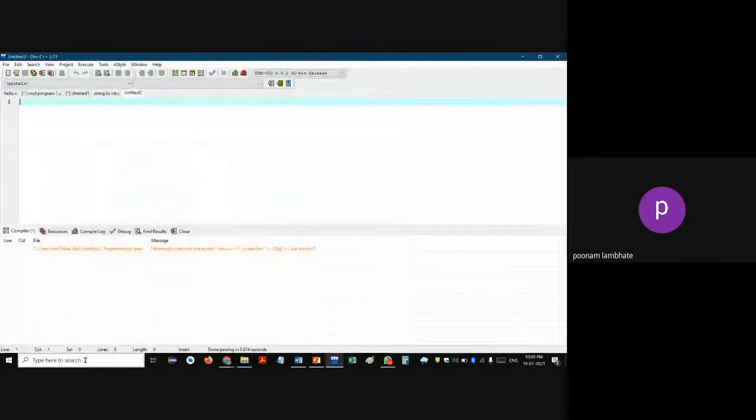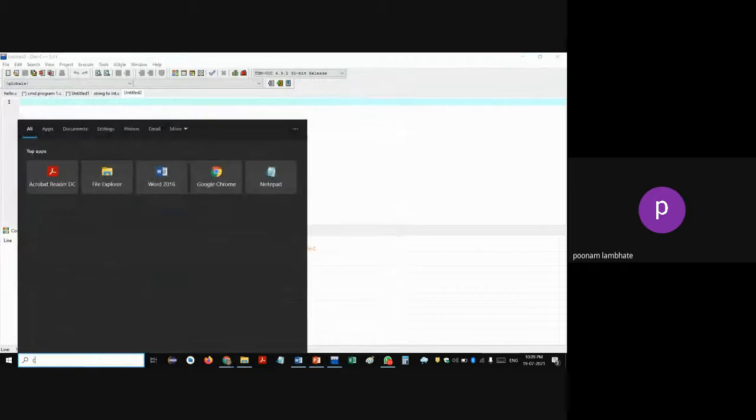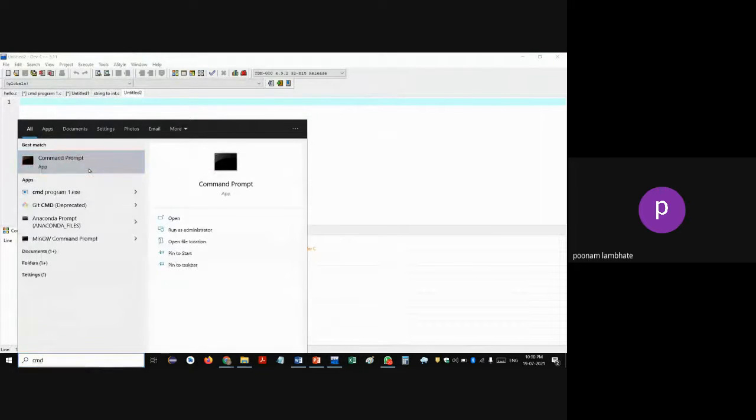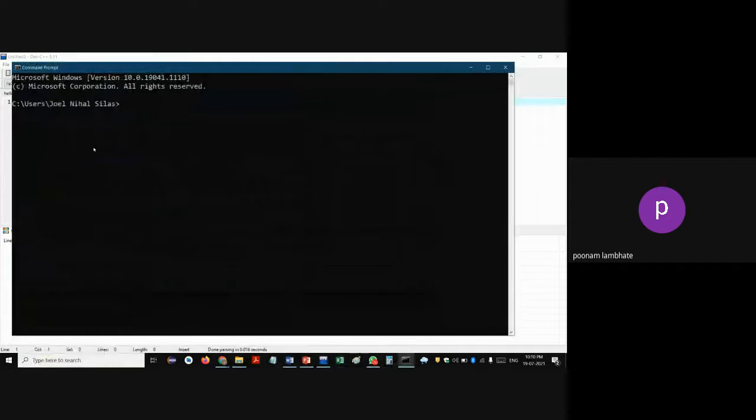So again I'll open command prompt by typing cmd in my search bar. Click on this command prompt. Then I can type cd desktop to go inside my desktop folder or directory. Then within that I have to go to C programming and so on. So click on tab so that it auto completes it. Then you can give a backslash over here,